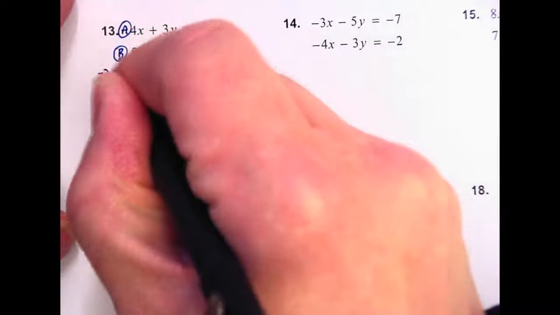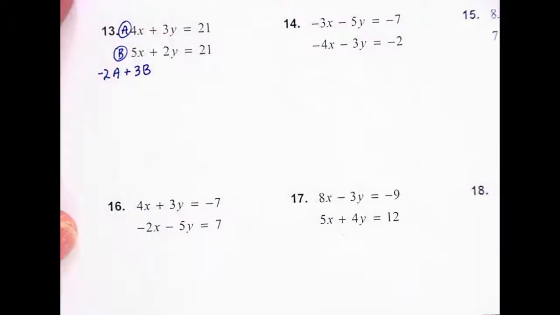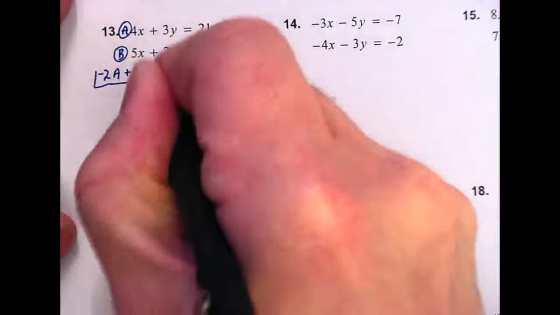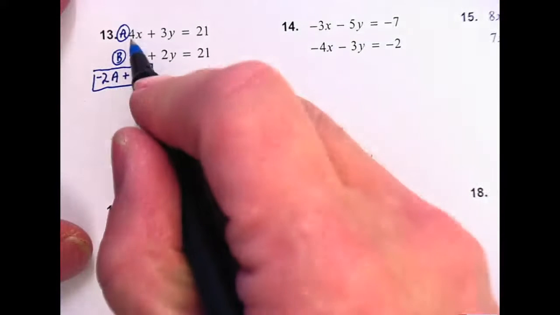Negative 2a plus 3b. Now, how many of you followed that same idea? Negative 2a times 3b? A couple of you. How many did 2a and negative 3b? Okay, how many eliminated y or x instead? Okay, well, if I'm doing this, negative 2a,